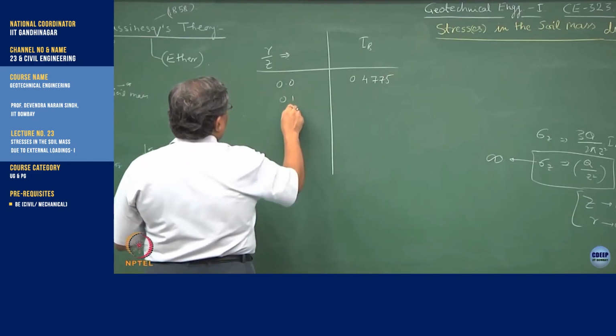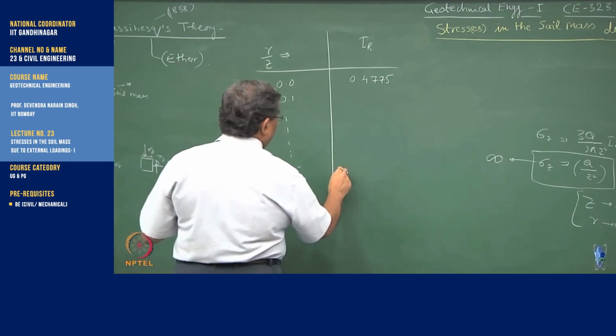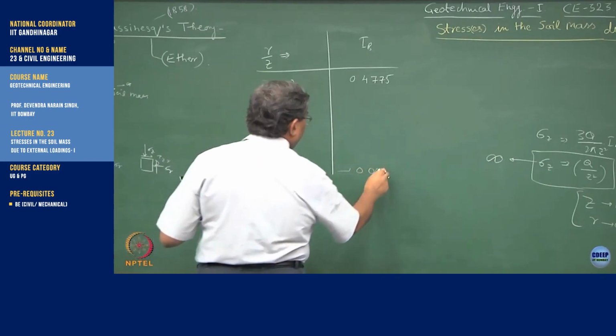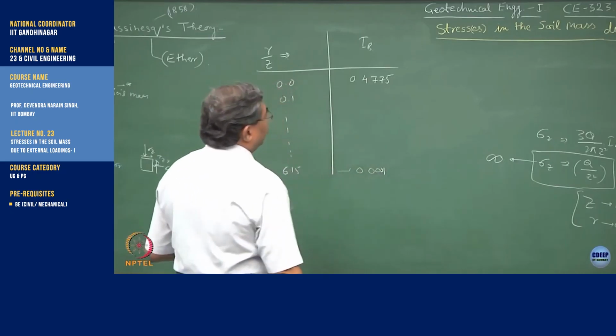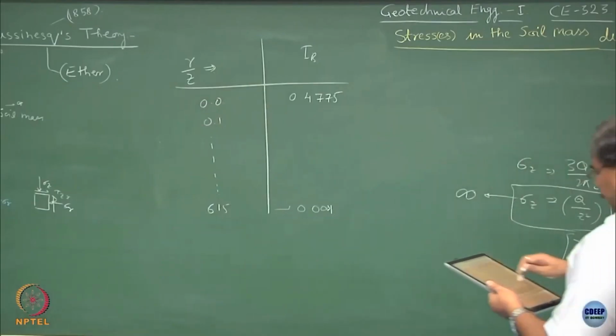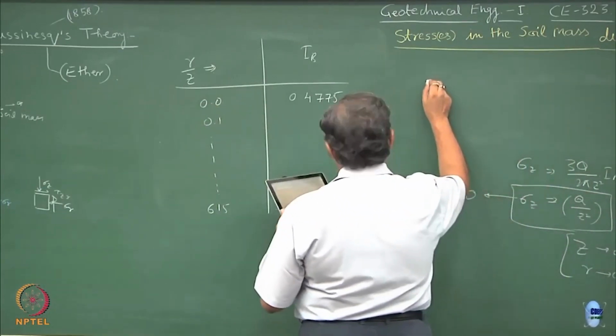You can compute this for different values up to 6.15, and this will be tending to 0.001. So, for all practical purposes, I can write that at R equal to 0,